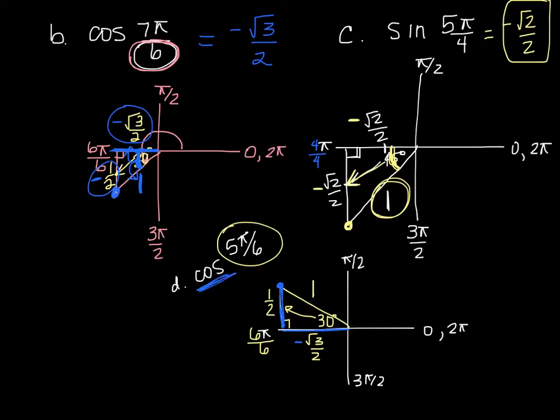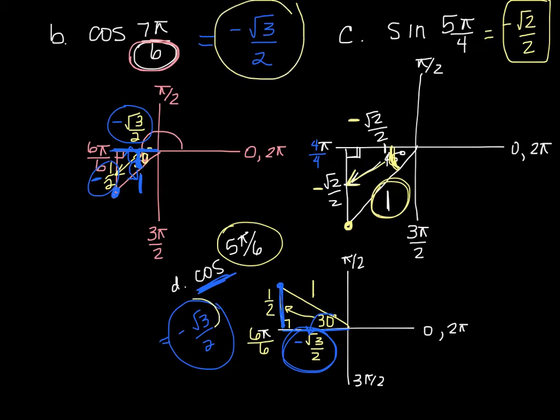And now I look back at what I'm trying to find. I'm trying to find the cosine of 5 pi over 6. That will turn out to be the x value, or in other words, the adjacent over hypotenuse. But again, I don't need to necessarily say over 1, so I can just say that this is the x value, negative square root of 3 over 2. What I'd like you to pay careful attention to is that I got an answer of negative square root of 3 over 2 twice, and both times I was doing cosine. So cosine of 7 pi over 6 is negative square root of 3 over 2, and cosine of 5 pi over 6 is negative square root of 3 over 2.